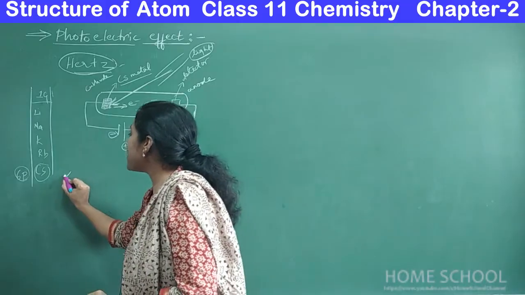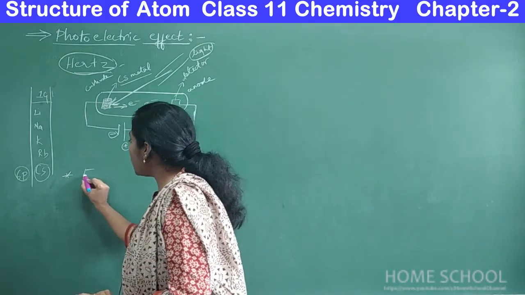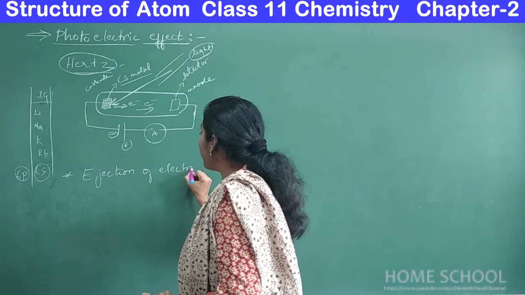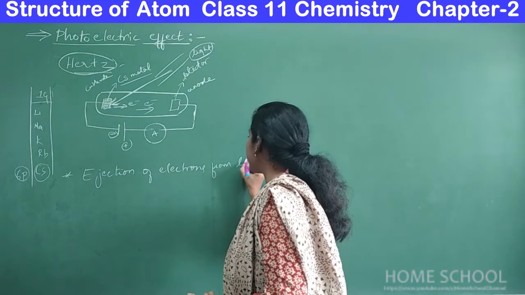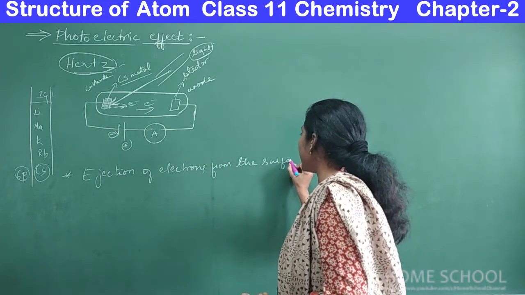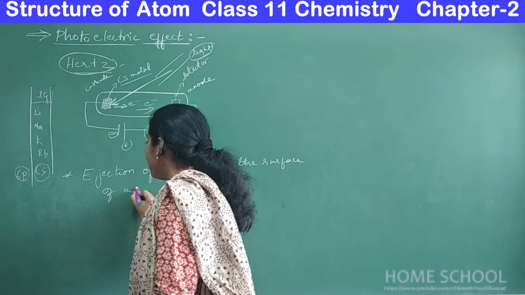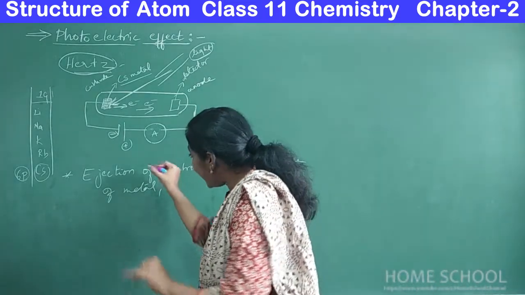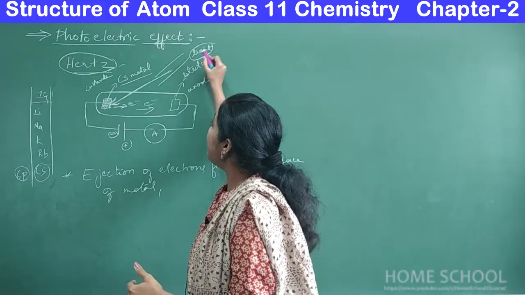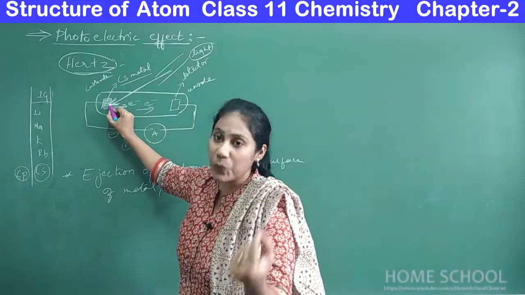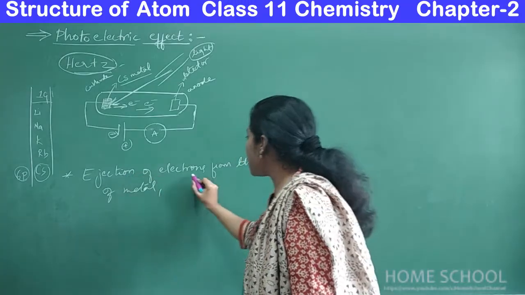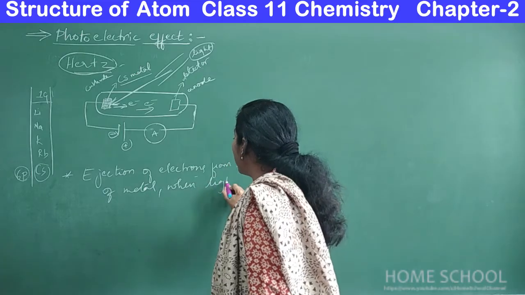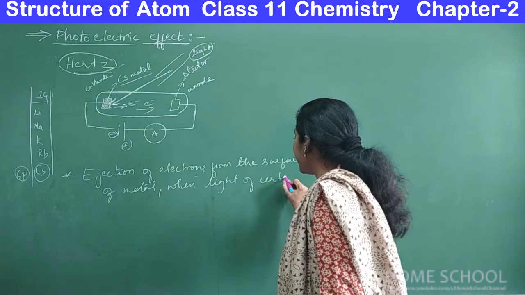It's very simple. Just observe the sentence that I am writing. Ejection of electrons, from whom? From the surface, from the surface of metal. Cesium is an example of metal, right? When can the electrons be ejected? They can be ejected only when some light with certain frequency is struck on the surface, right? So ejection of electrons from the surface of metal when light of certain frequency